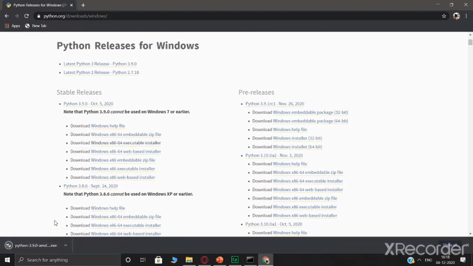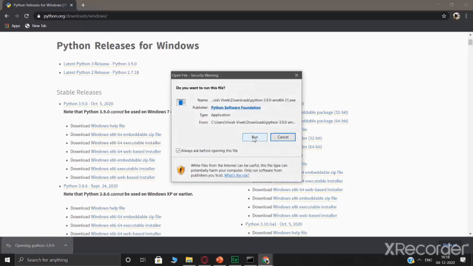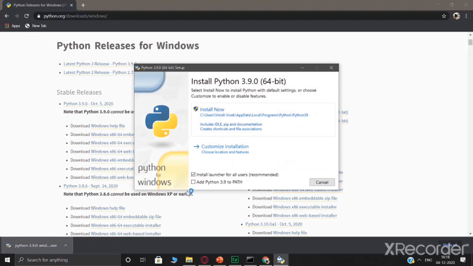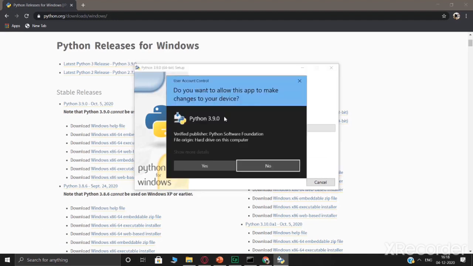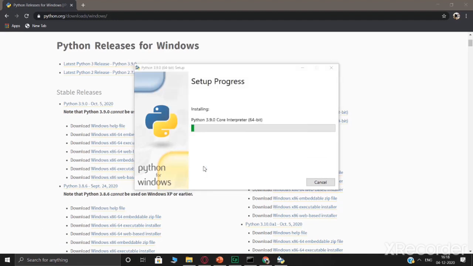Once the file gets downloaded, you click on it and hit run. Make sure you add Python 3.9 to path, so that Python will be available to you everywhere. Now just click on install now, agree, and once the installation is complete, Python will be installed into your system.